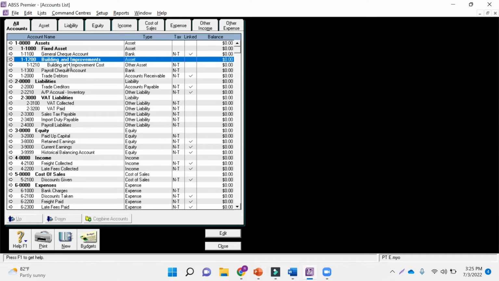Why is it so? Because the building and improvements is header with the account number, the first numbers are 1 and 2. Okay, 1 and 2 is the unique number of this account. All right, if we use these two numbers and follow with another number, it will be the detail of this number. Okay, can be understood, right?